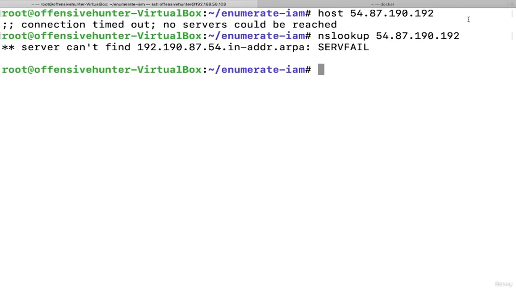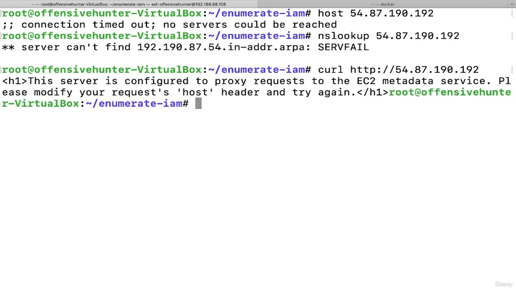Yes, the problem is, yes. Let's just use a curl command. curl http:// and this one. This server is configured to proxy requests to the EC2 metadata service. Please modify your request host header and try again. So